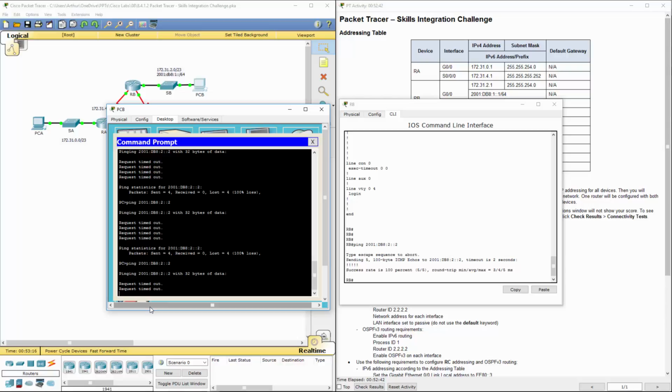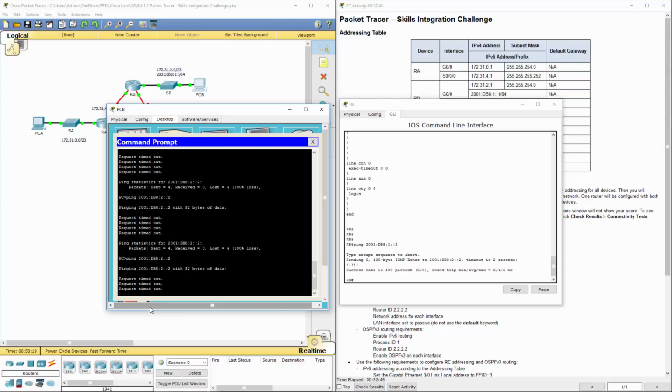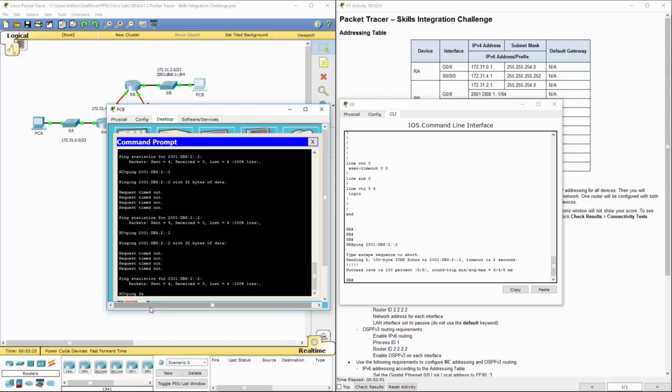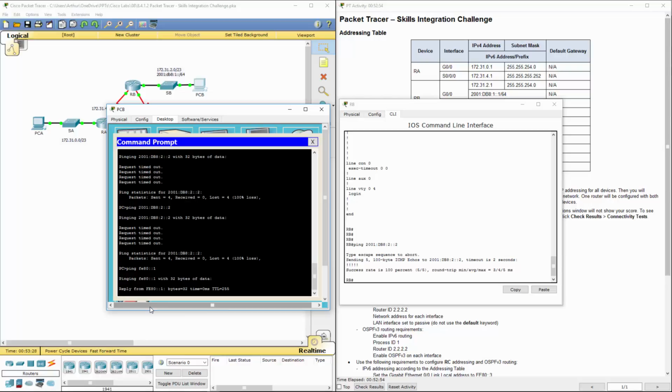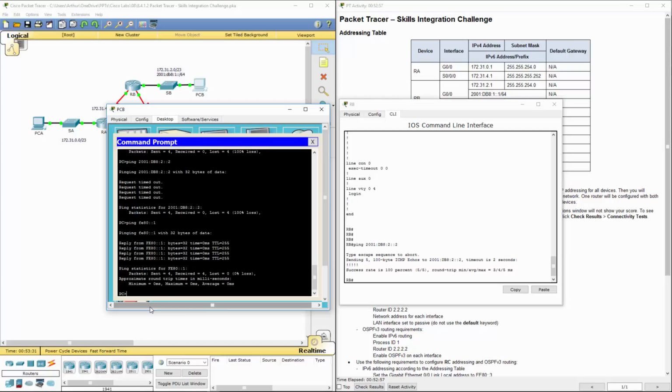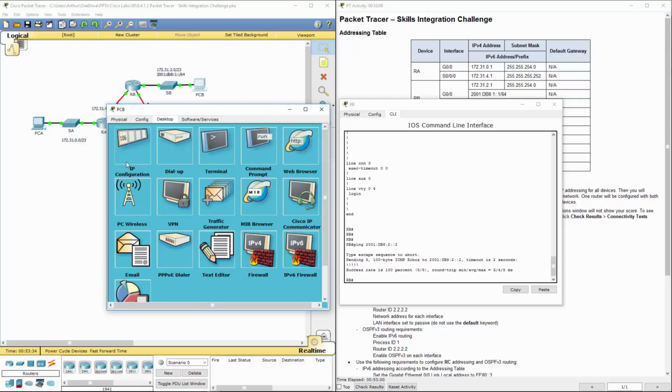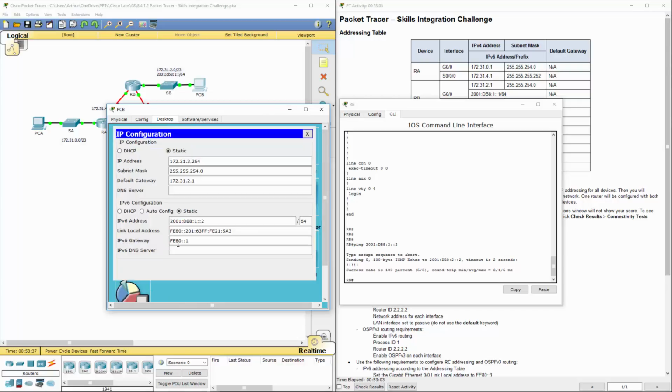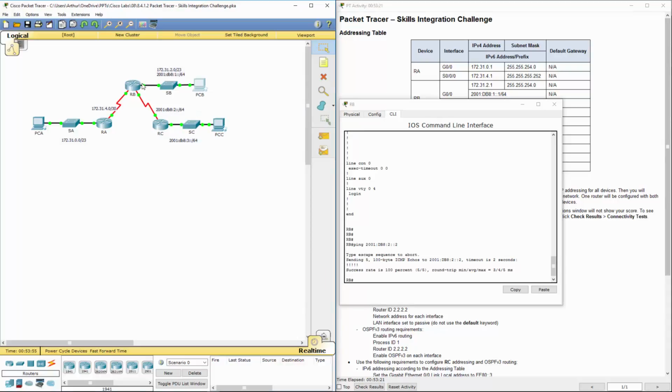Can we ping the default gateway from PC-B, which is FE80::1? Yes, we can. So we are forwarding traffic. Well, you know what? Let's just double check. IPv6 gateway. That is the gateway. Here is our IPv6 address. So we can ping that IP address. So that means we're sending things to the gateway, but router B, which does know about that interface, is not